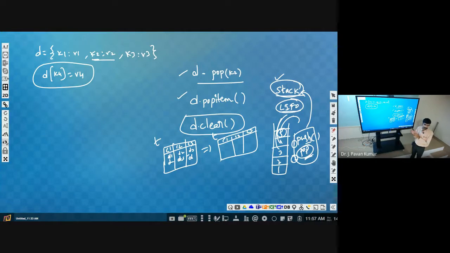Understand? Actually, this is a database concept. I am just relating it here, because you could not visualize it directly. What will be there if you delete the entire thing?